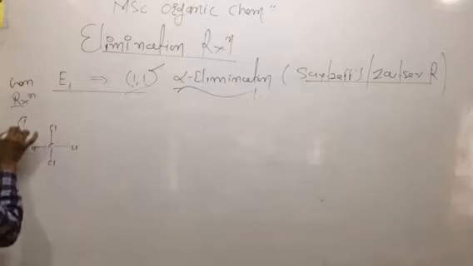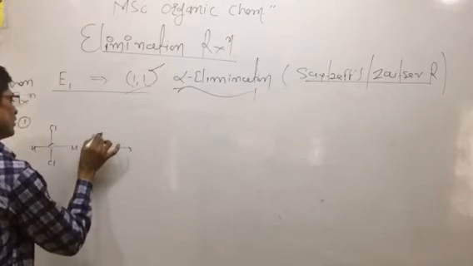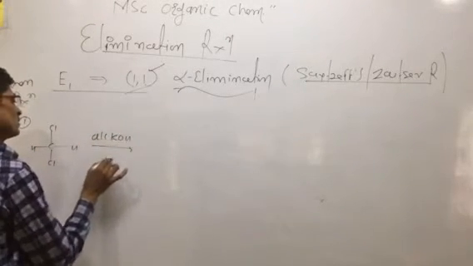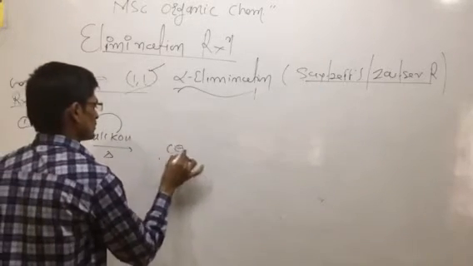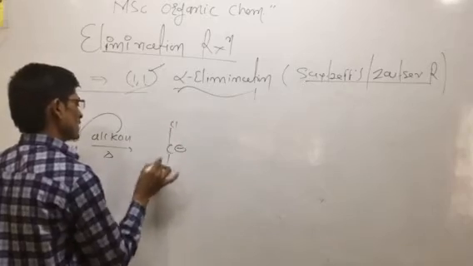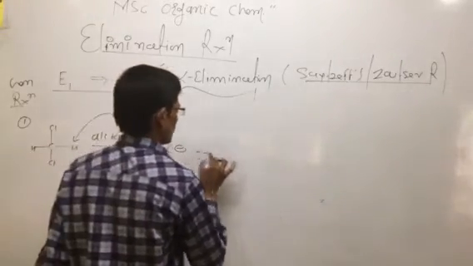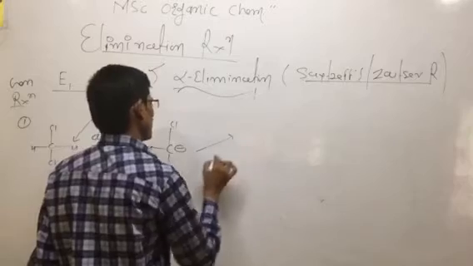So what happened? It reacted with the alcoholic KOH, which is used for the elimination purpose. It has a tendency to take the proton, forming a carbanion. This chlorine, as well as one of the hydrogen atoms here. So we take the two possibilities here.